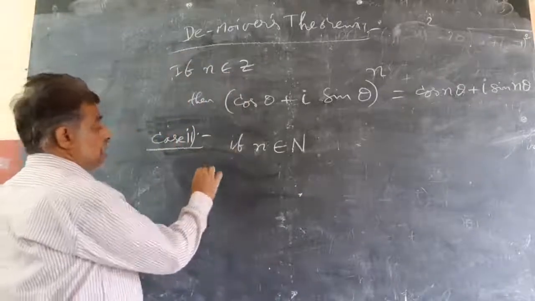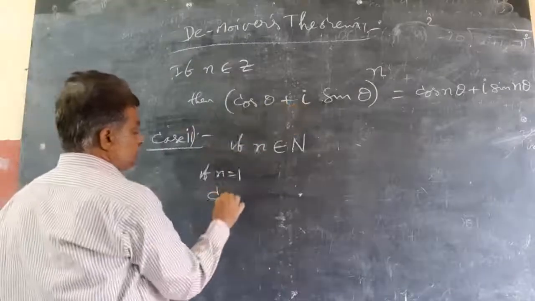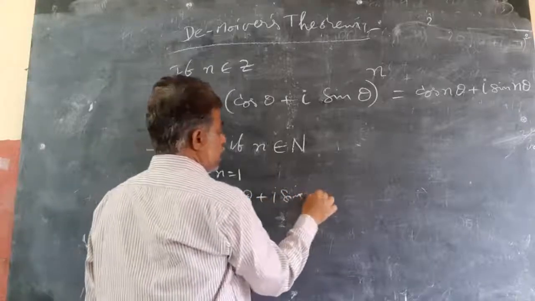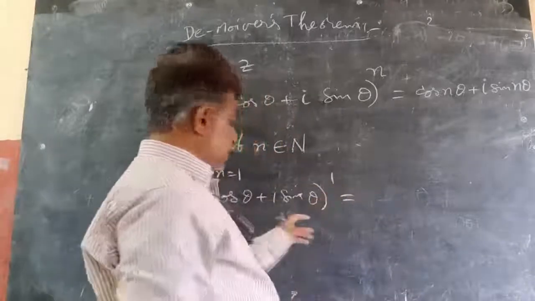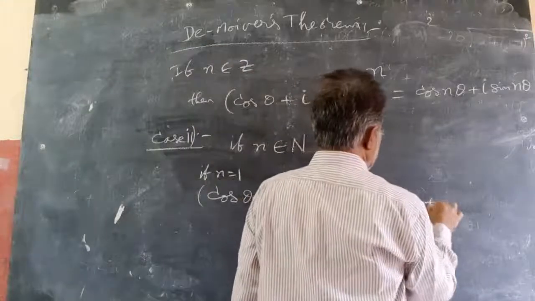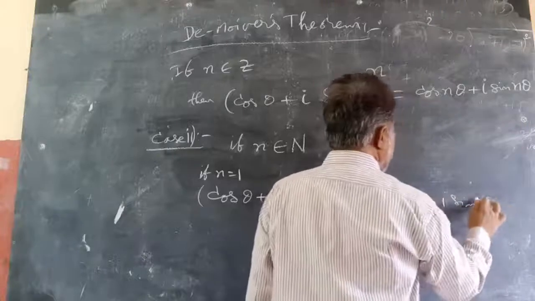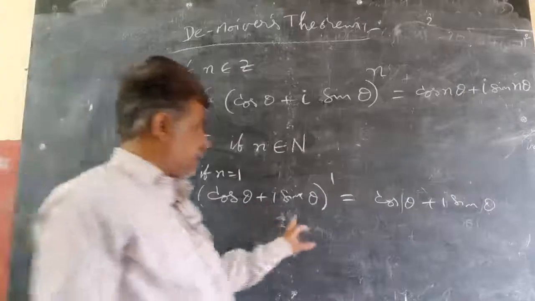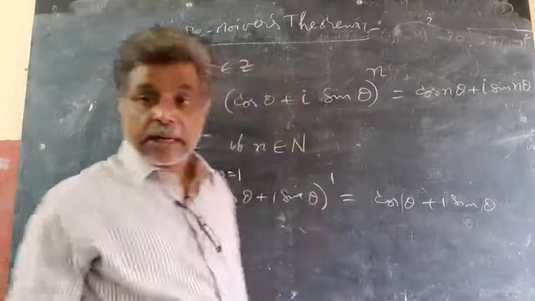Now, if n equal to 1, what happens? If I substitute n equal to 1 in the given equation, (cos theta plus i sin theta) whole power 1 equals, a power 1 is a itself, so I will get cos theta plus i sin theta. Cos theta means 1 theta only, sin theta means 1 theta only. So it is true for n equal to 1. (cos theta plus i sin theta) whole power n equals cos n theta plus i sin n theta, I got. Therefore,